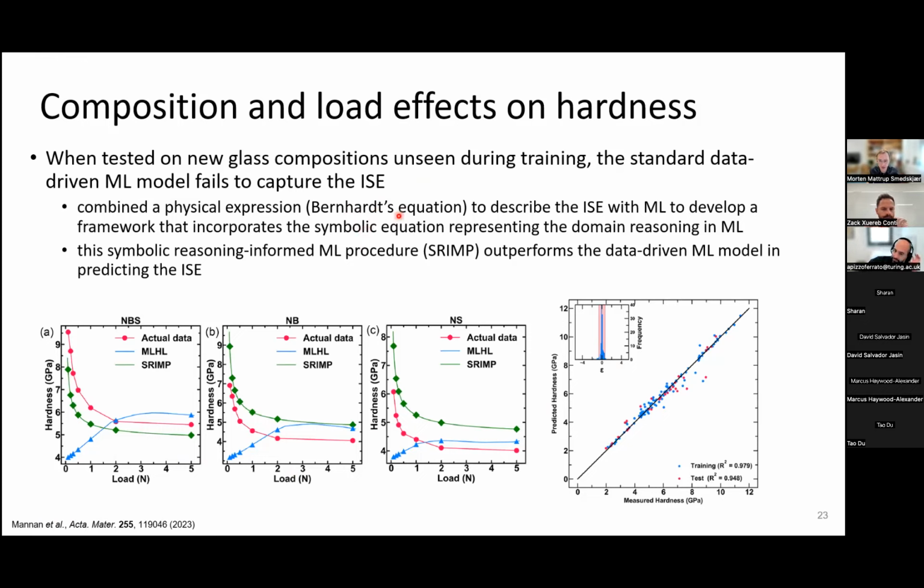Then we optimize on these two parameters that go into the equation, use that to minimize the loss function between the measured and predicted hardness, and then backpropagate that into the neural network,